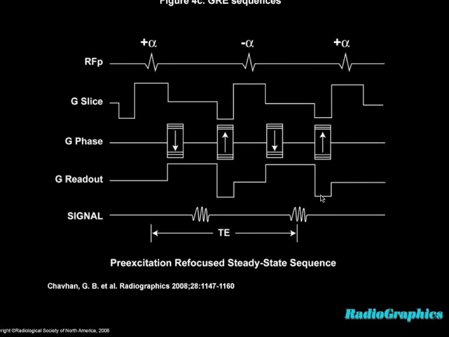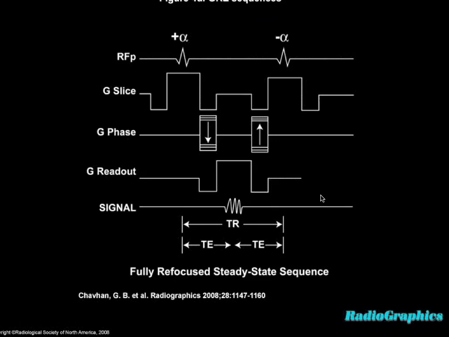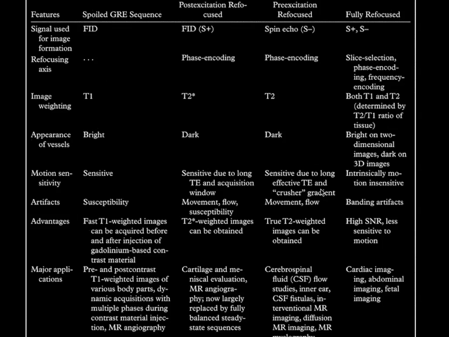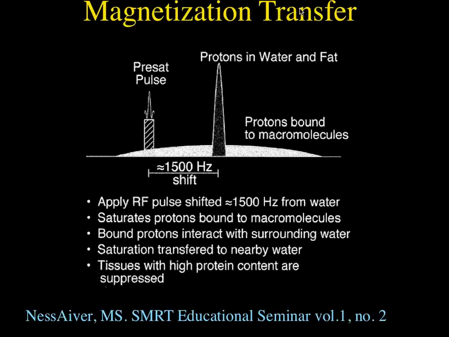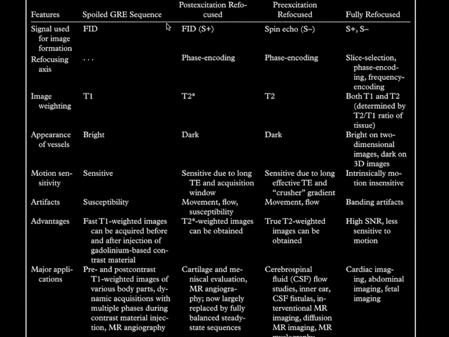Okay. So, I don't want to bore you with going through all these little details. The bottom line is you get the echoes, and there are different parts of the echoes that you can use to acquire images. And the whole steady state free precessions can be called spoiled gradient echo sequences. And some of what typically you get with these images,